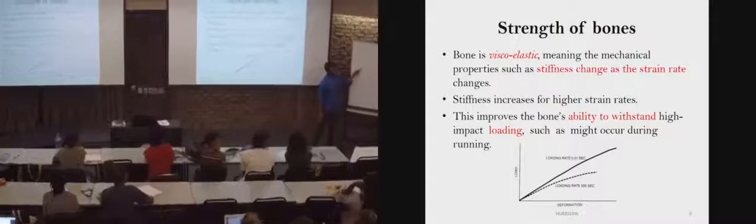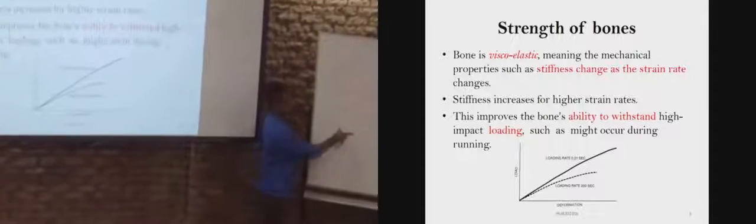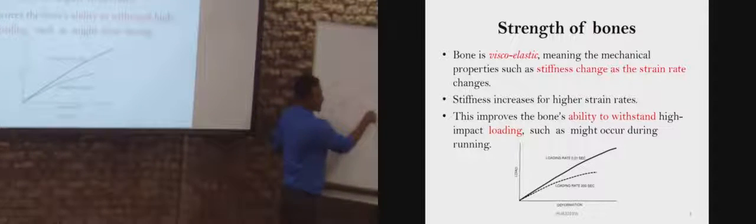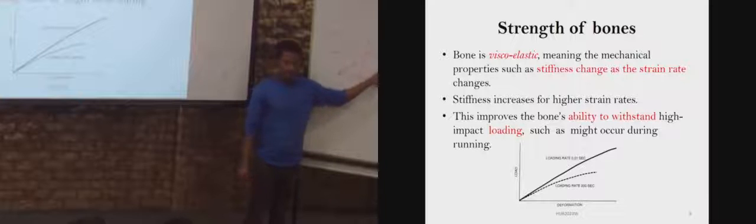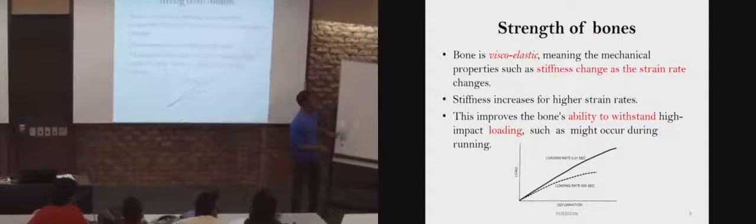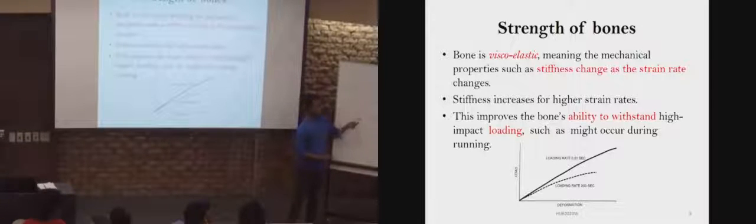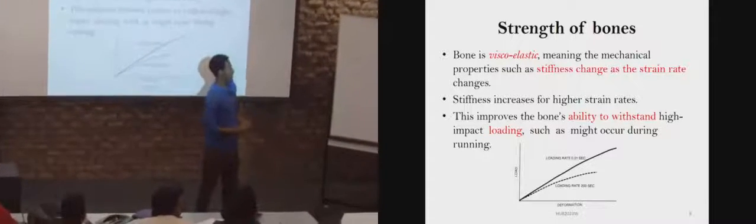So for the same load, we can deform the material highly if the deformation rate is low. But if you quickly deform it, the material will resist the load because it will rearrange itself quickly, and it can resist the deformation